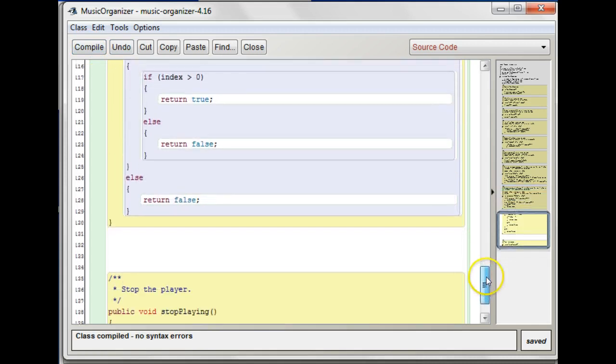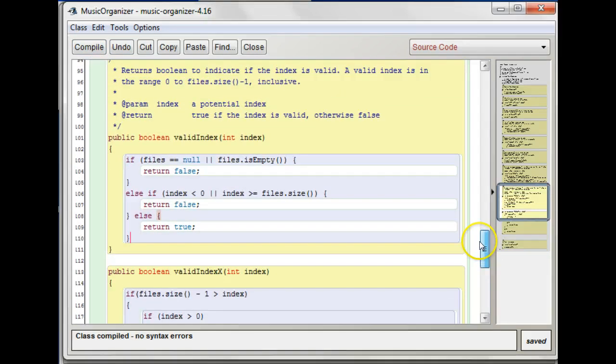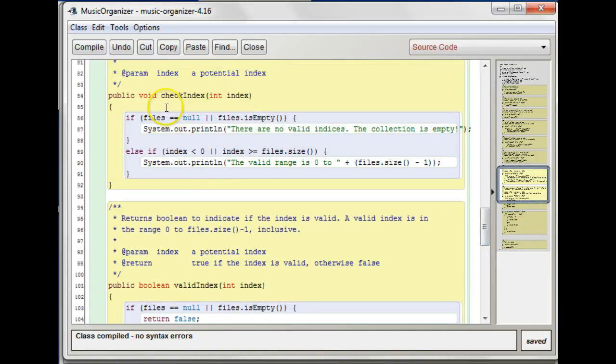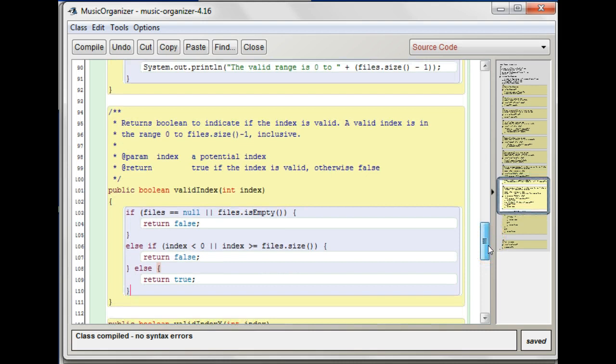I think the thing to do is to just make sure you're testing all your boundary cases with this check index thing. Then you make sure everything's working. This could actually be shortened too. I mean, you could